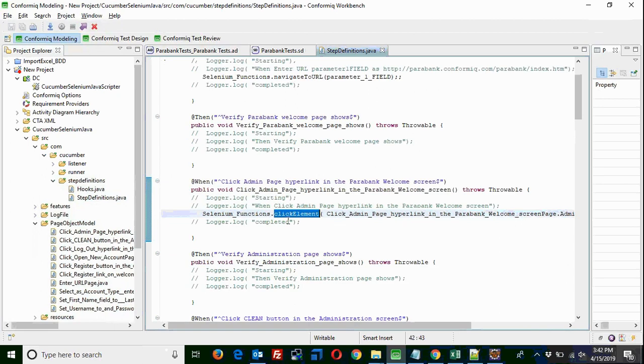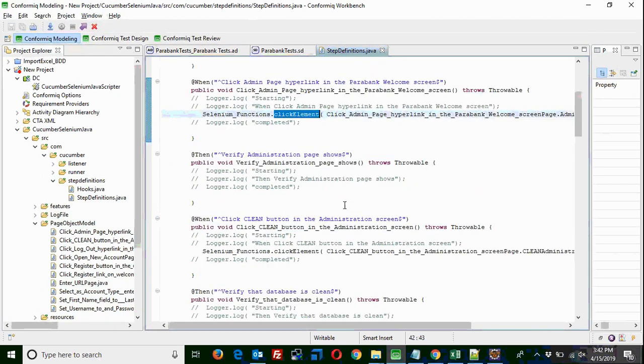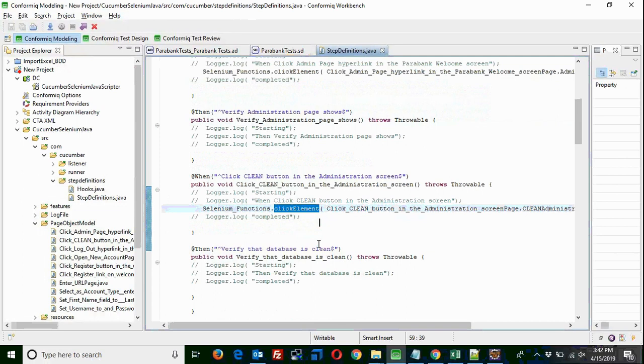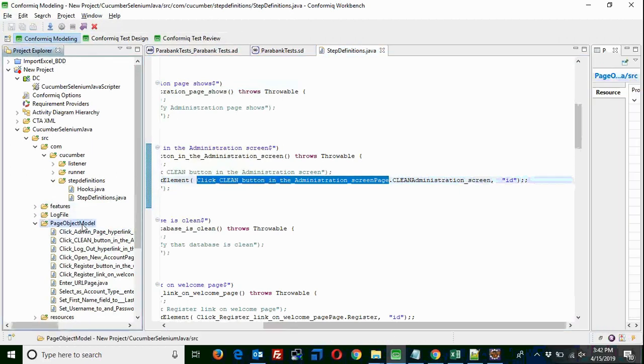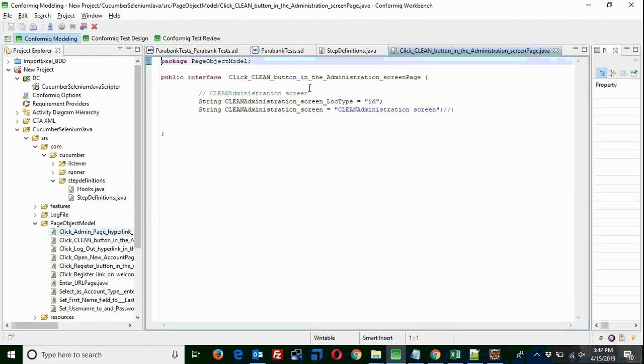You see here, it is launching a click element function, and it even says the object is declared in this kind of interface, or in the page object model, and this is the possible XPath or possible ID. So we are able to create that by processing the natural text at the automation creation level. We did not take risk at the model level because the model is much more prone to failure.